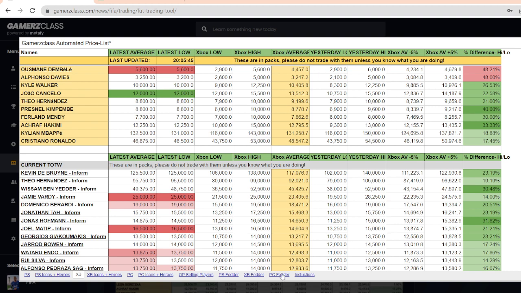The second most useful column is the average. The reason why: generally when you buy a card and you're looking to sell it, the average is a very, very good indication of what you'll easily be able to get a sale at. So if you can buy a card on the low and make a good amount of profit selling it for the average, that's a perfect situation. You'll probably get a sale very quickly and then you can move on to another card and continue doing the